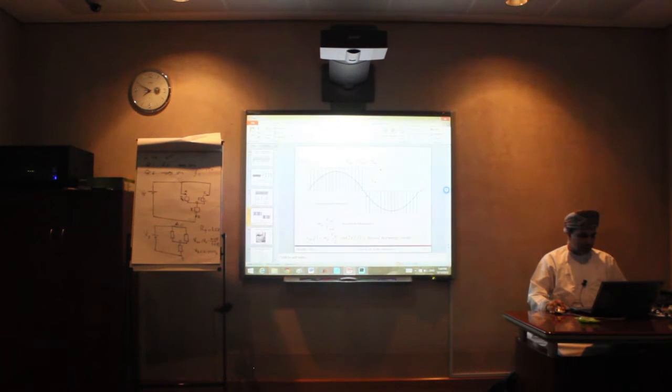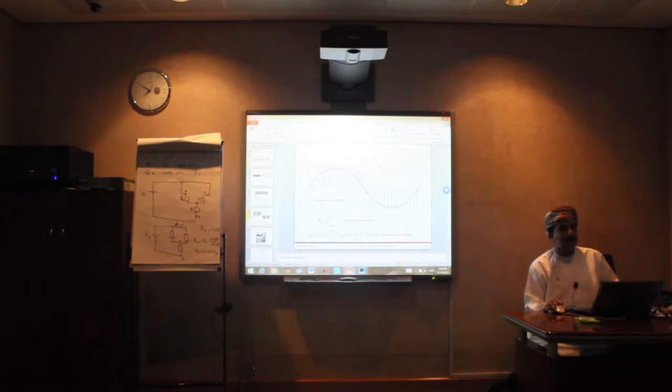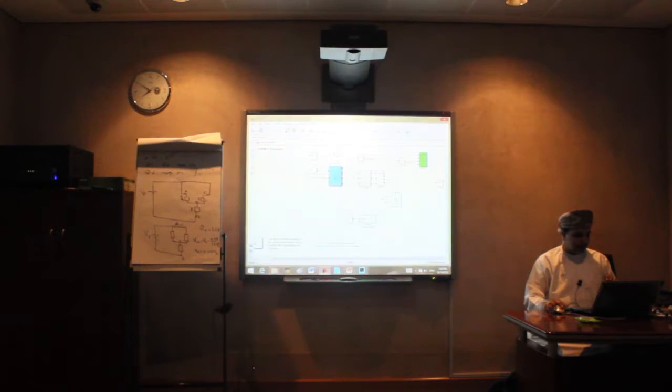The ratio between the peak of the reference and the peak of the carrier, this one over that carrier, is equal to 0.6. Is it okay if you divide using this equation? V reference over V carrier, you get 0.6. This is what we meant here by the